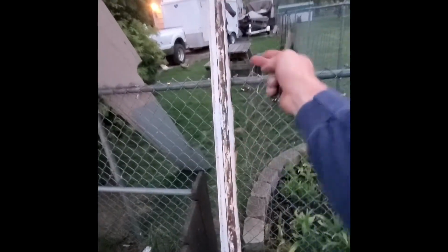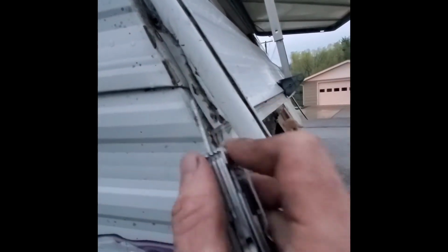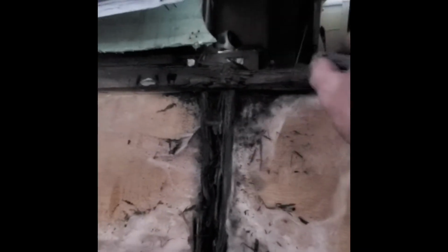This piece of siding, this bottom one, was stapled at the bottom up there. It just fell off because all this wood's rotted. These ones are just stapled here, so I just took my pliers and pried them up, and this piece of wood still isn't bad. It is a little rotted right there, but as you can see all around the window,